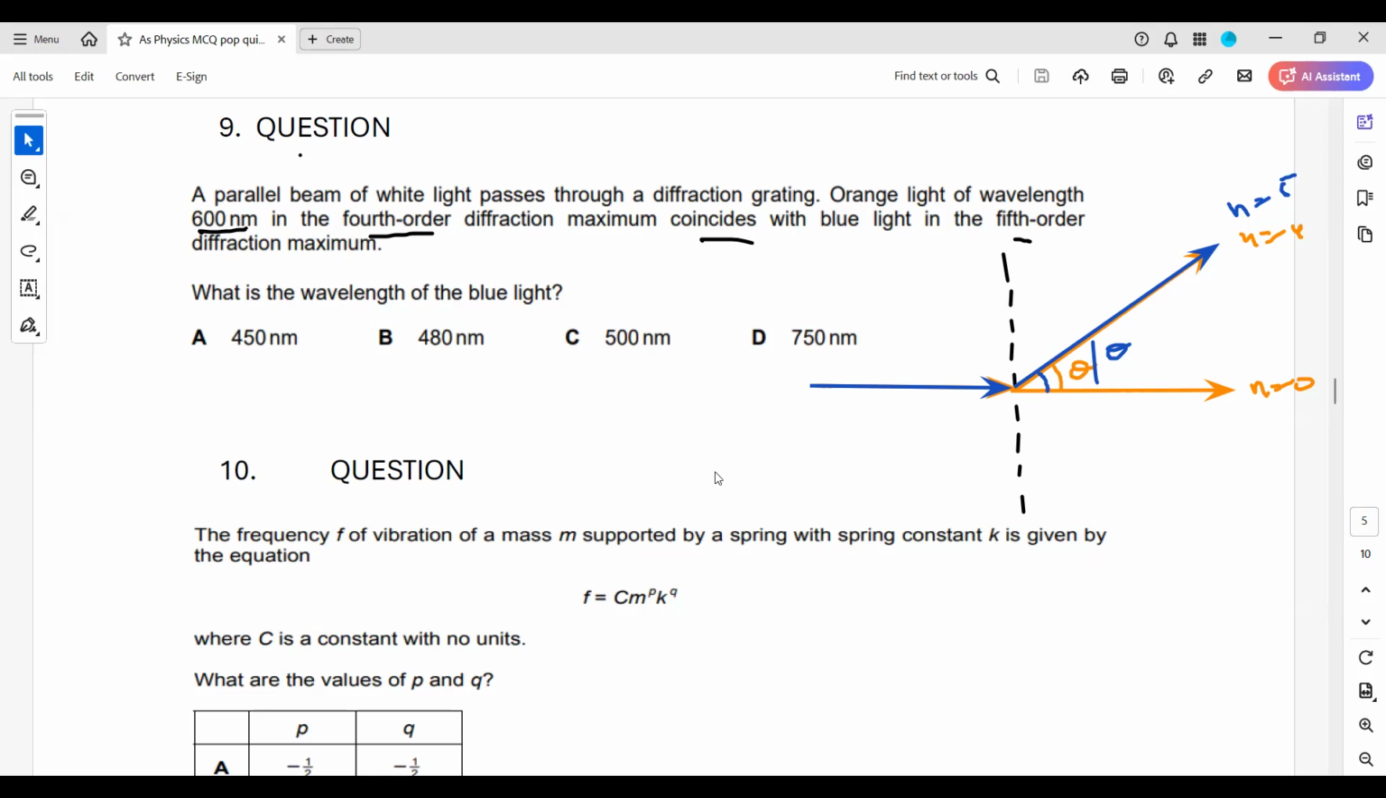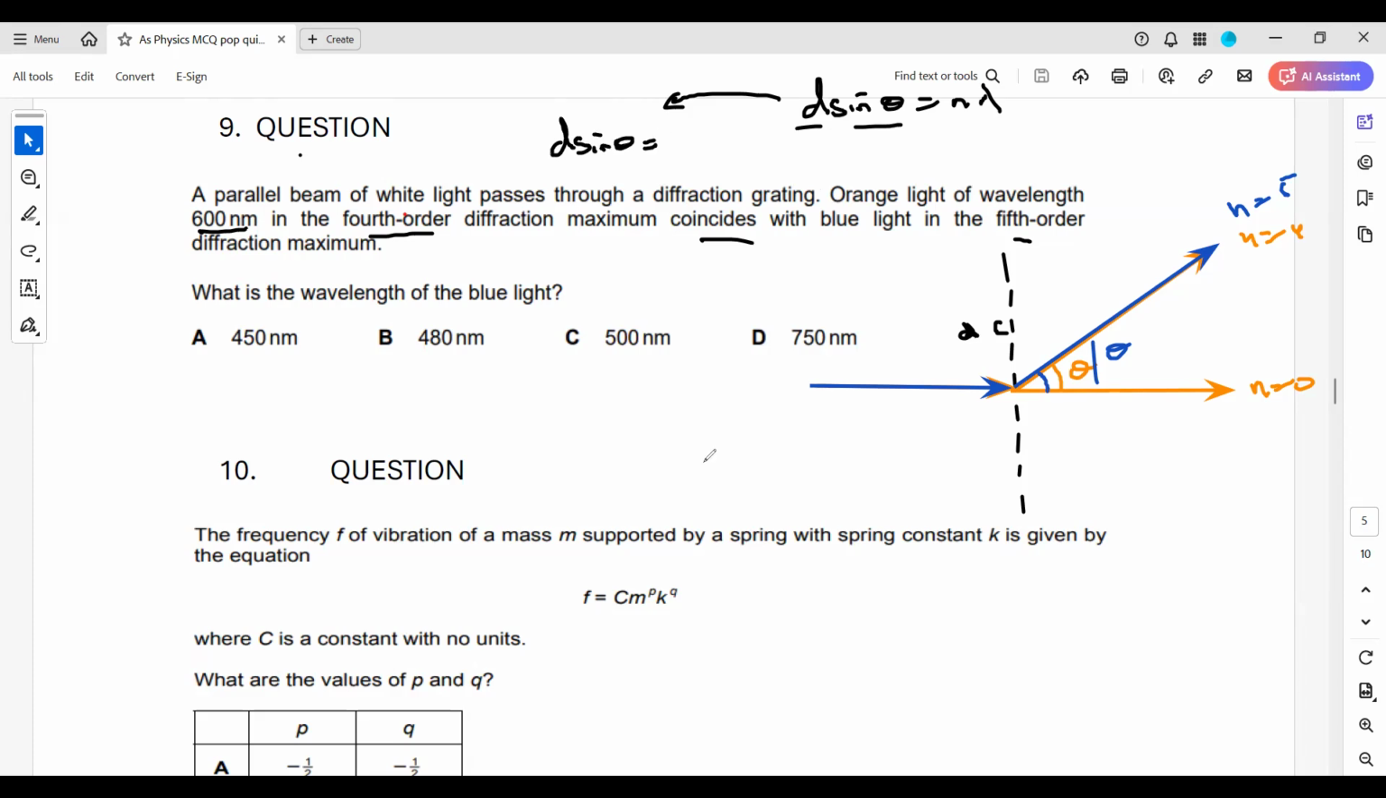Now, we have the formula for the diffraction grating. The formula is d sine theta equals n lambda. When I write it for both, d and sine theta are the same. Why? Because d is the spacing between the two openings. So d is the same because we are using the same grating element. And theta is also the same because we are detecting at the same position, the two orders, the fourth order and the fifth order, at the same place. So d sine theta for the orange,